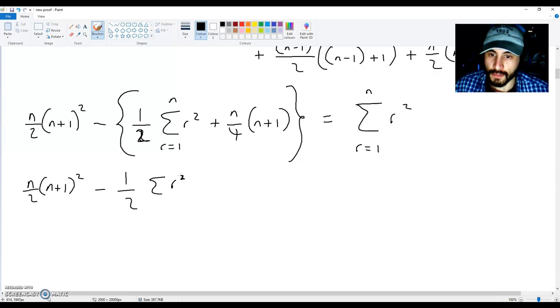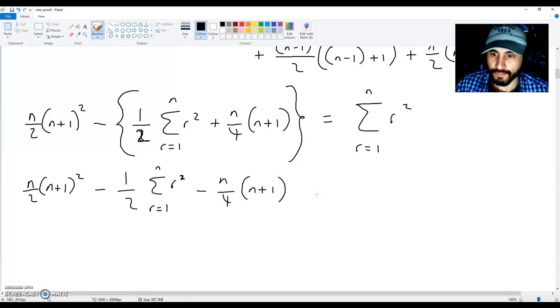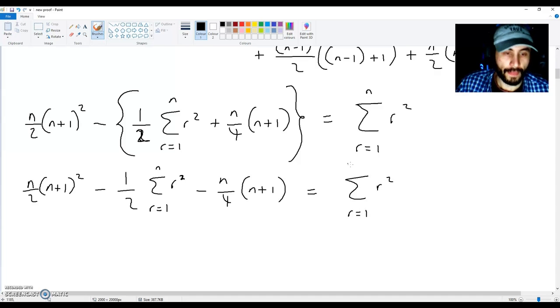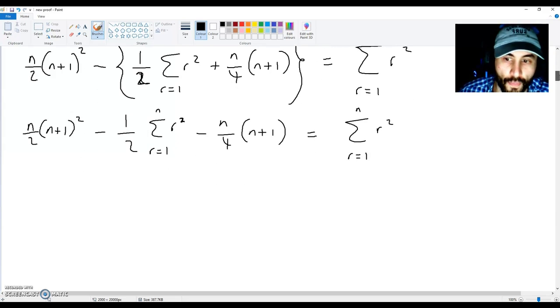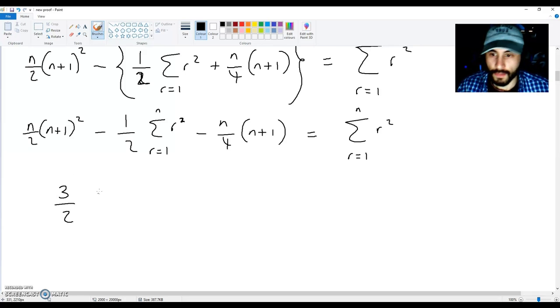Okay, let me just make this clear. Minus n over 4 multiplied by n plus 1, which is equal to this. Let me just make this clear. Alright, and from here we are going to get 3 over 2, this,